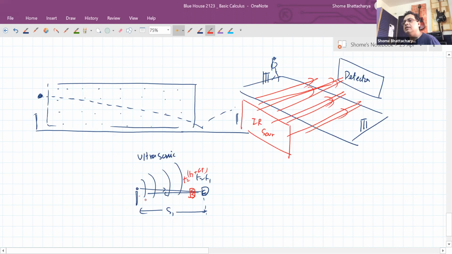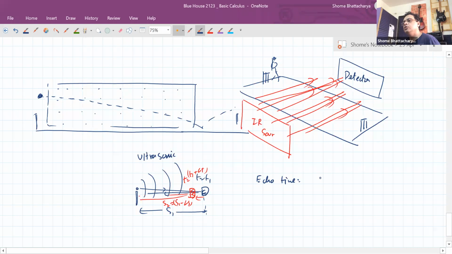Sorry, t1 plus delta t. But at that time the echo time will change. So the distance S2 has changed. It has become S1 minus delta S, where delta S is this. Okay. So for the first one, the echo time